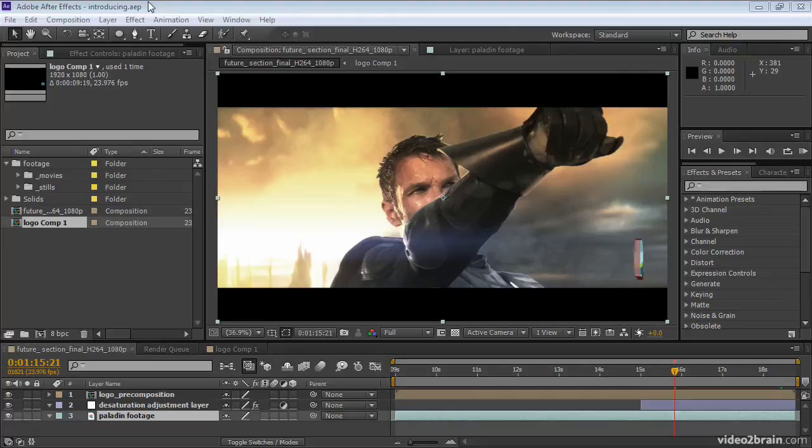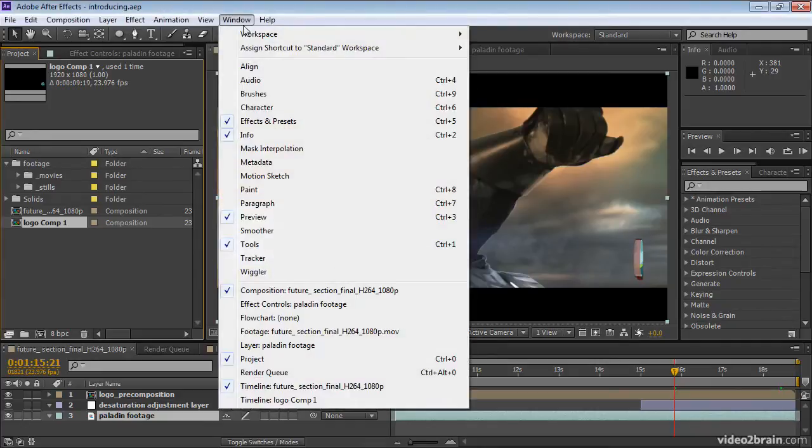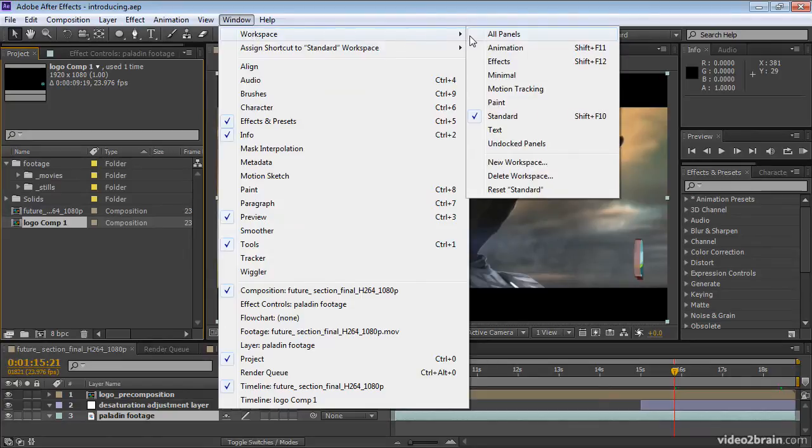In this video, we'll take a tour of two panels that you'll be using a lot in After Effects, the Composition panel and the Layer panel. Let's begin by choosing a workspace in which we can see both the Composition panel and the Layer panel side